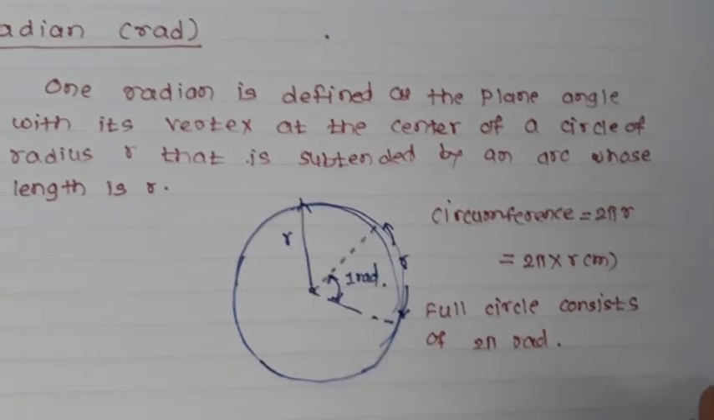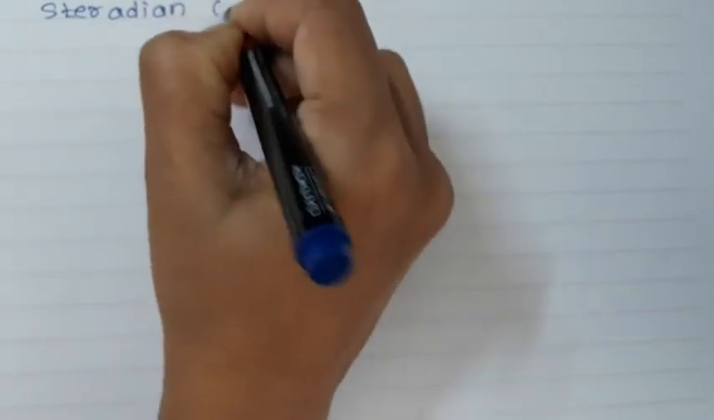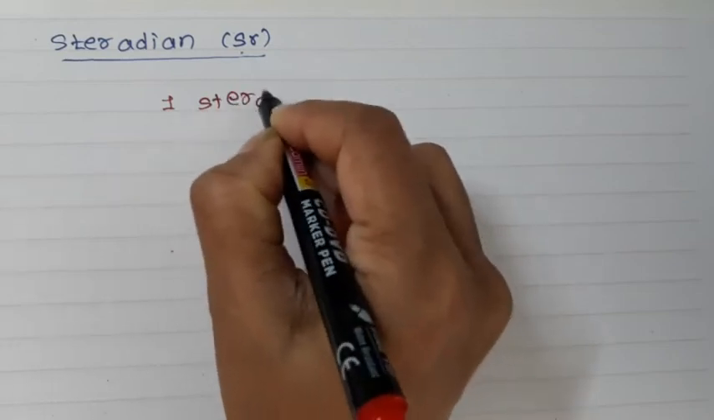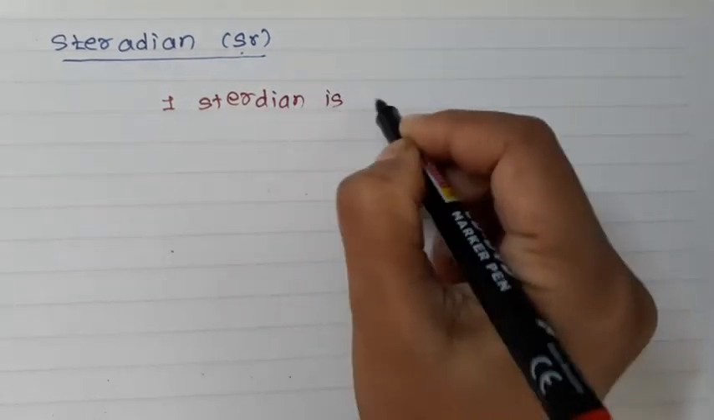Now let us talk about the steradian. As we have talked about the radian, let us understand what we mean by a steradian. Radian is the plane angle, whereas steradian is nothing but the solid angle. Steradian is denoted by SR. If I am interested in defining 1 steradian, 1 steradian is defined